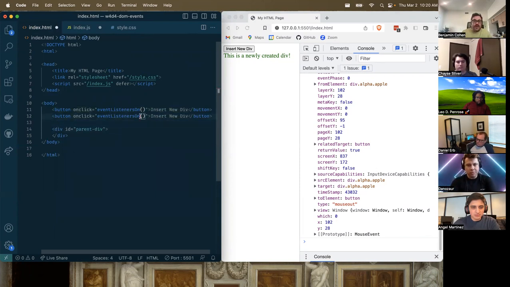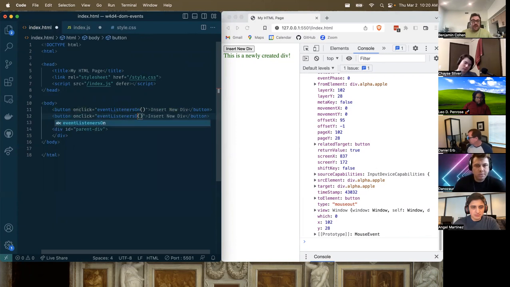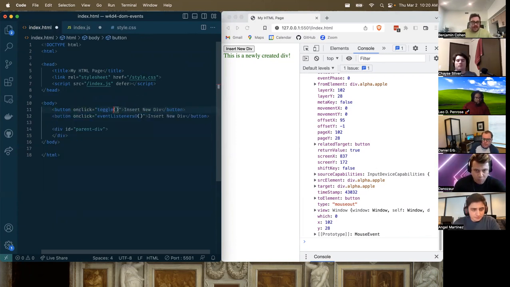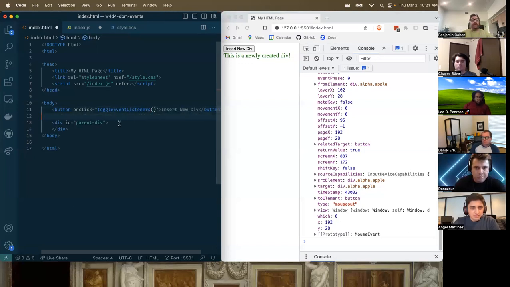Just so you see that you can do this, or maybe I'll call this toggle event listeners. So maybe I'll do something like that, where the way this will work is that